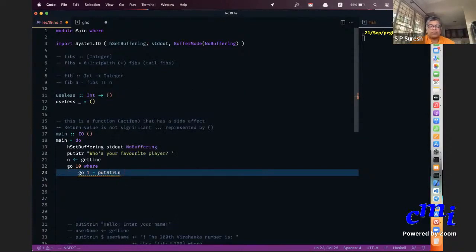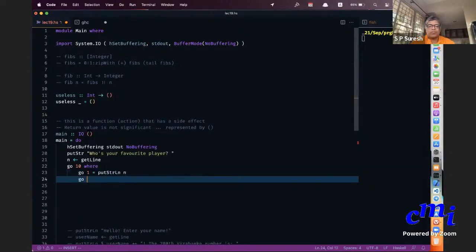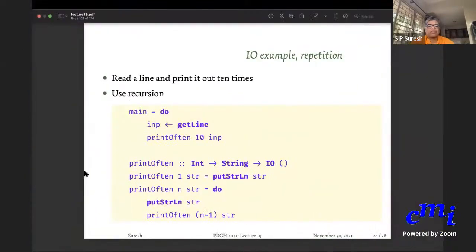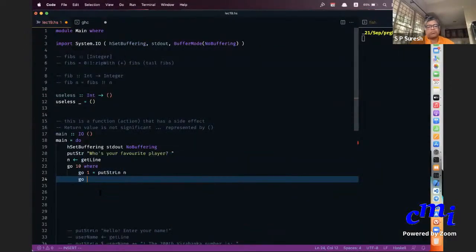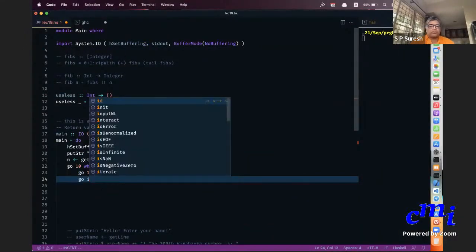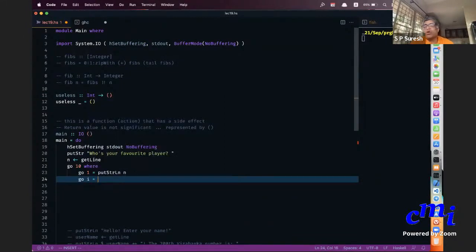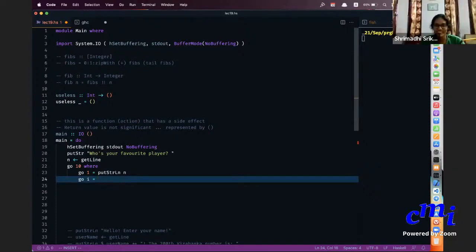Okay, I'm doing this. Go i. If you want to print once, you can just print it. What if you want to print more than once? i times, let us say. Then what will you do? Replicate.